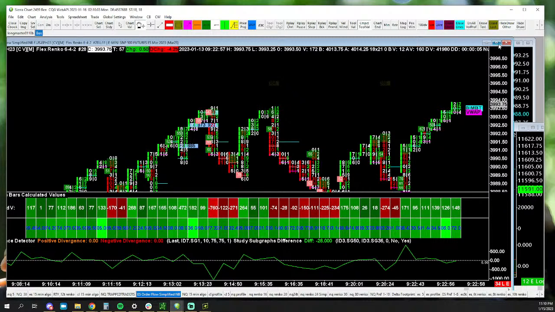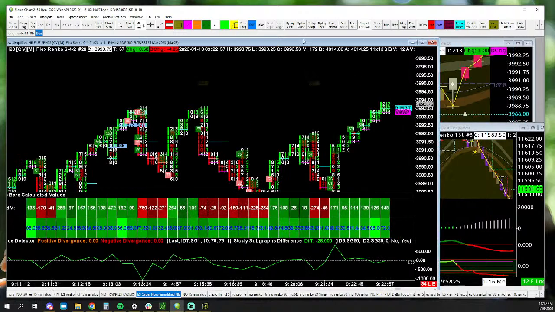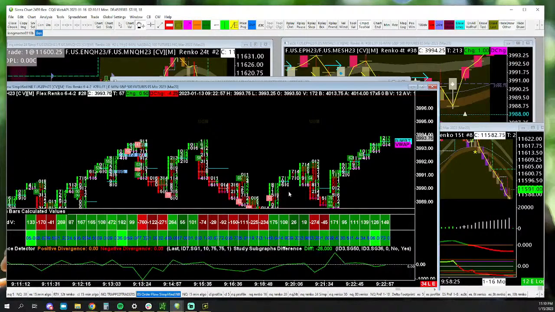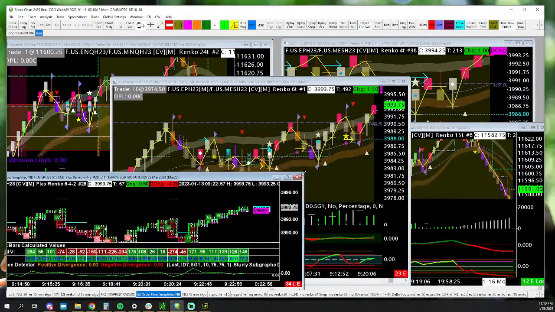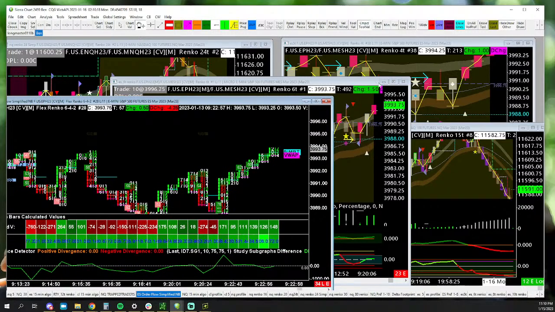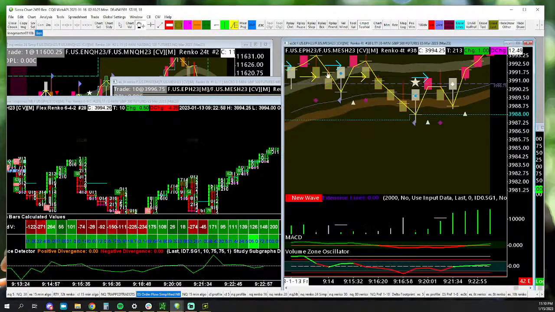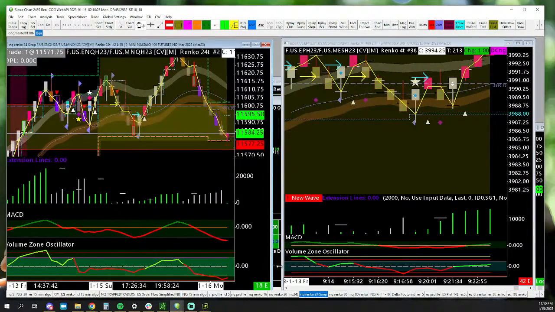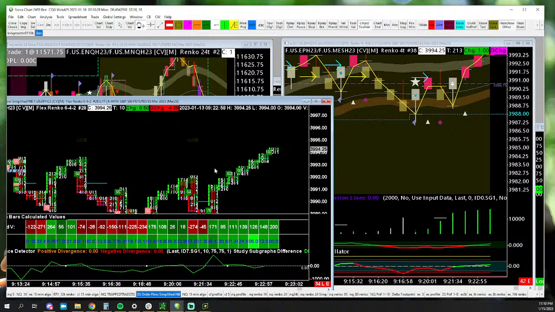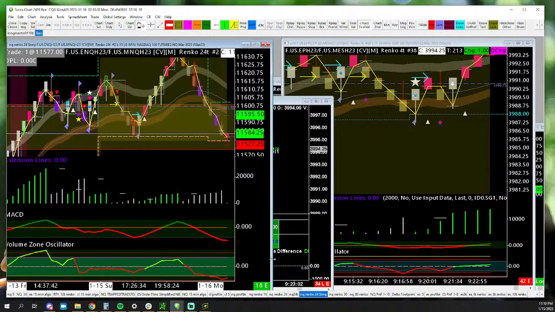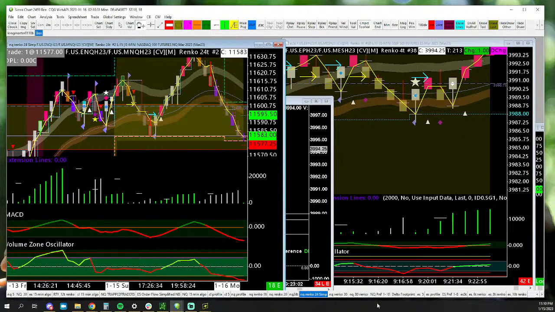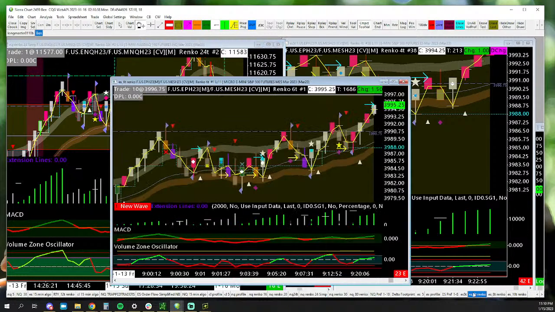So now what I want to show you next, this is kind of extra credit, then I gotta go to bed because I gotta work tomorrow, is if this is too much information, and if this is too hard to even have to think about all that stuff. What we've done in our trading room is we've transformed the indicator and the numbers into color coded. Let's do 6 tick. We'll do 6 tick.